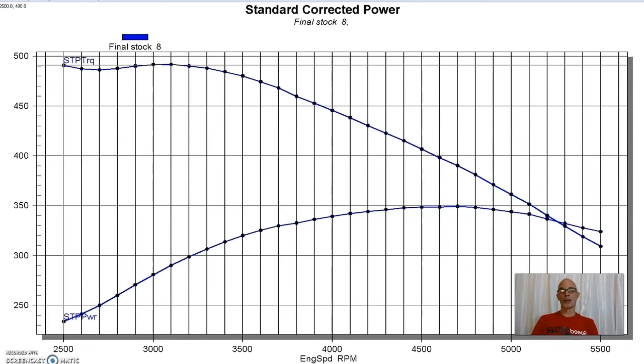They are available in the wrecking yards, and you can make lots of power from them, especially with all of the heads that are available for them. I mean, Kazi has stuff, Airflow Research has stuff, obviously Edelbrock, and there's a lot of good head choices out there for it. But anyway, our 460 was a 1968 version, and what we did was put it up on